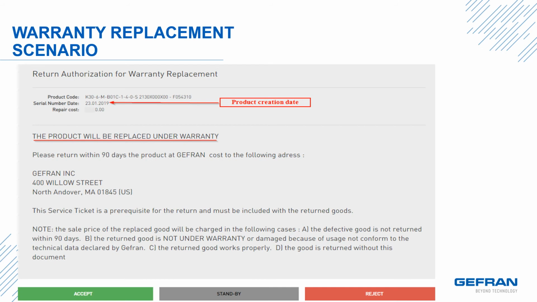Once you have saved your RMA, you will see the following screen. In this screen, your RMA will be allocated a scenario based on the information provided. The system will automatically determine the product production date based on the serial number that you provide. This scenario has been determined as a warranty replacement. Therefore, the repair cost will show zero and you will receive a message stating the product will be replaced under warranty. You will be advised to return the product within 90 days to the return address that will be listed